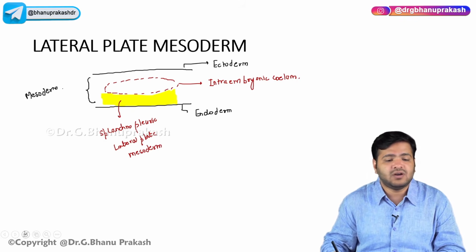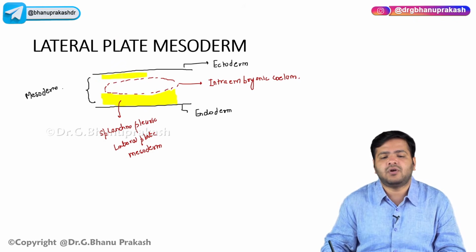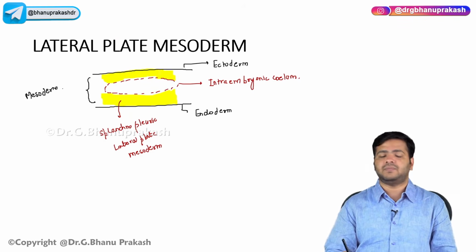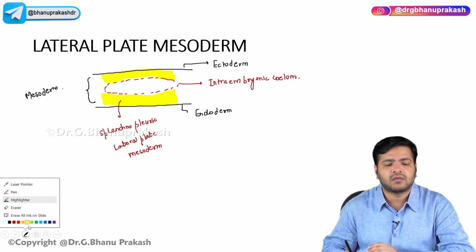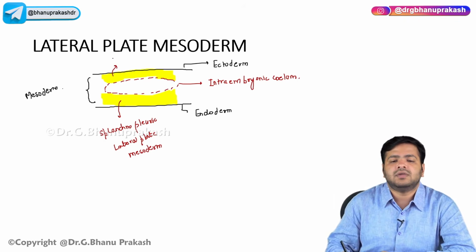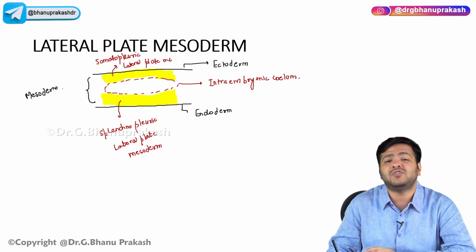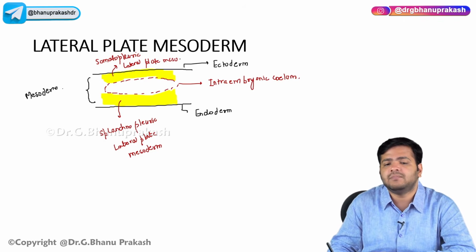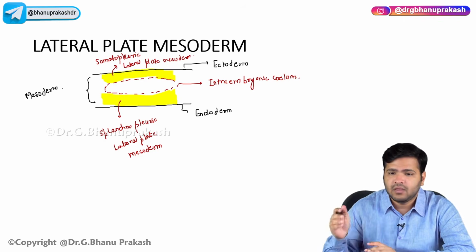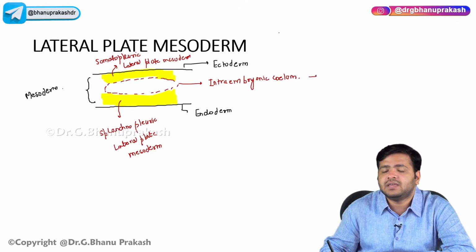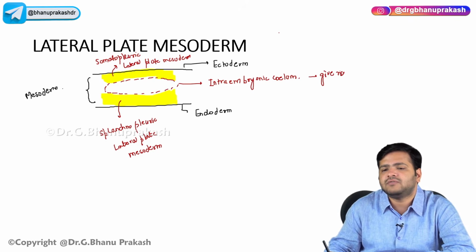And the one which is towards the ectoderm or towards the body wall, this mesoderm will be called the somatopleuric lateral plate mesoderm, because it is towards the ectoderm. The lateral plate mesoderm has two parts, somatopleuric and splanchnopleuric lateral plate mesoderm. Now, this intraembryonic coelom will differentiate or give rise to